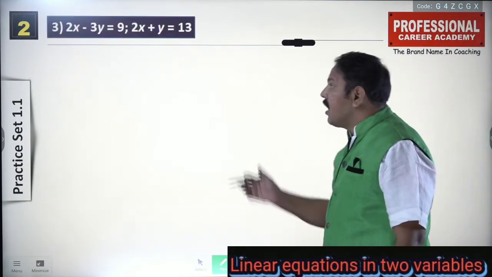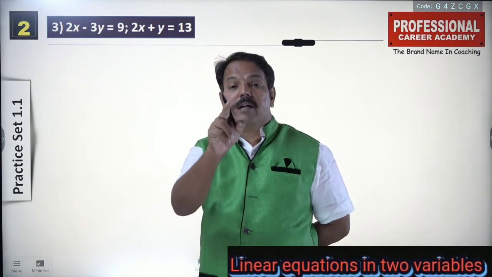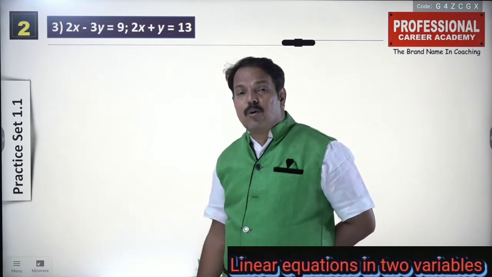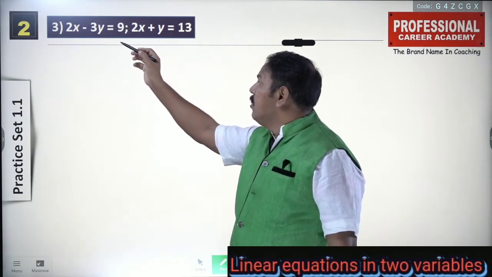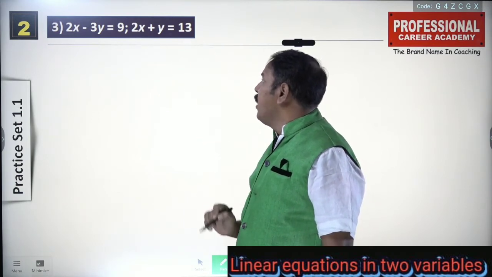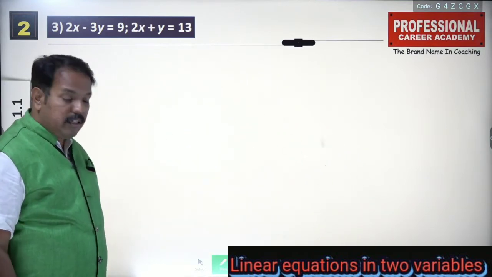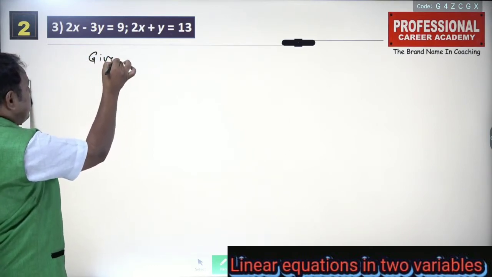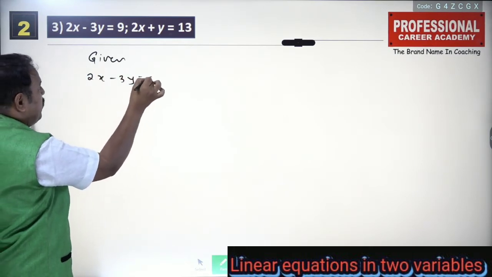Now another one. So another simultaneous equation. Again the same question, solve the given simultaneous equation by which method? Elimination method. Okay, or by substitution method. Or it is also called the equating coefficient method, one and the same. So what is the first equation? First equation is given 2x minus 3y is equal to 9. And second is 2x plus y is equal to 13. So again, denote these equations by 1 and 2. So given that 2x minus 3y is equal to 9.